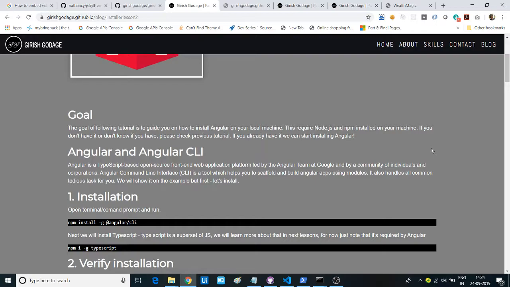Angular is a TypeScript-based open-source front-end web application platform led by the Angular team at Google and by a community of individuals and corporations. Angular command line interface is a tool which helps you to scaffold and build an Angular app using modules. It also handles all common tedious tasks for you. So let's install. To install the same, open your command prompt